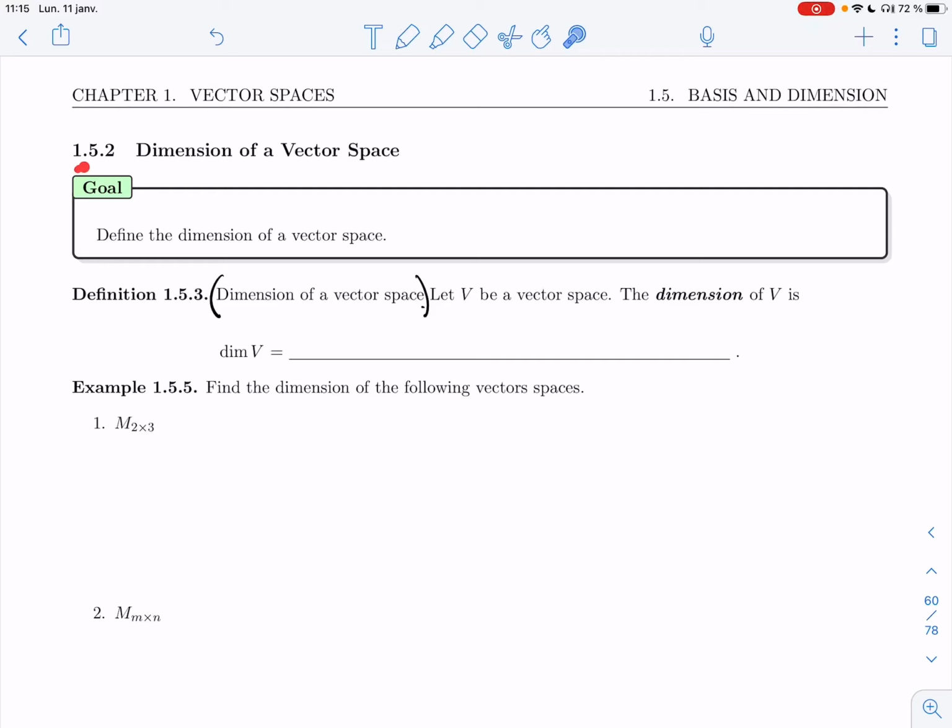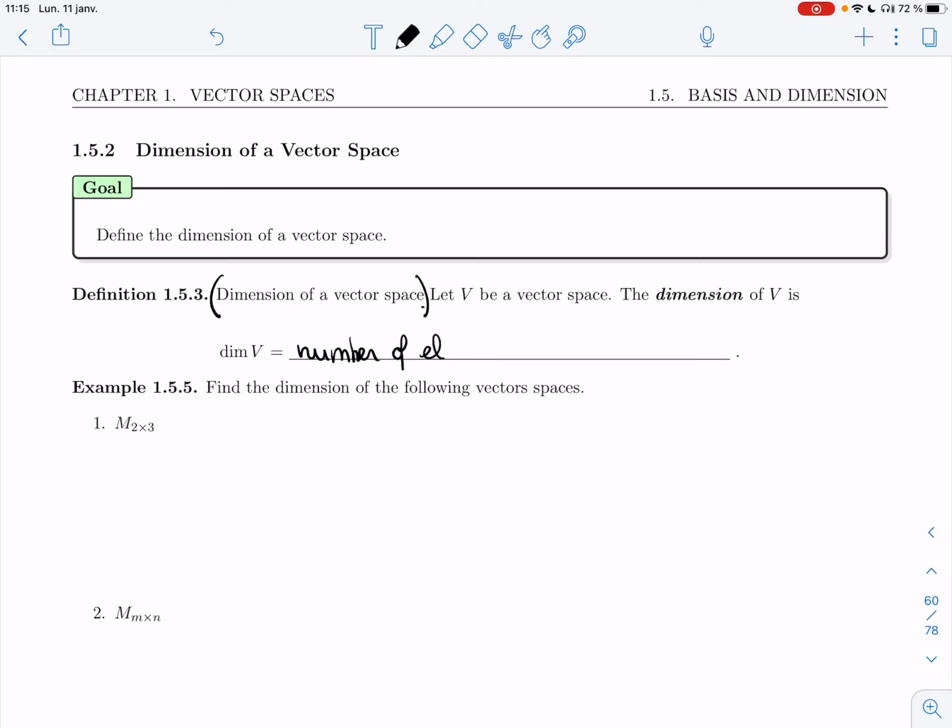In section 1.5.2, we'll be talking about the dimension of a vector space. So the goal is really to define the dimension of a vector space and then see some examples. All right, let V be any vector space. The dimension of V, we'll use dim V, and that's going to be the number